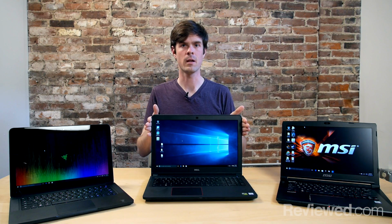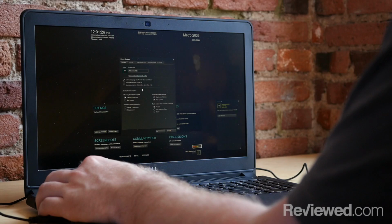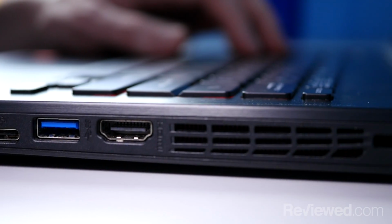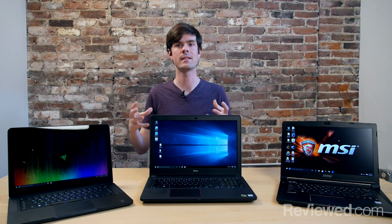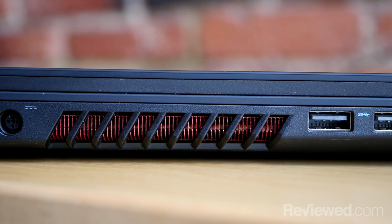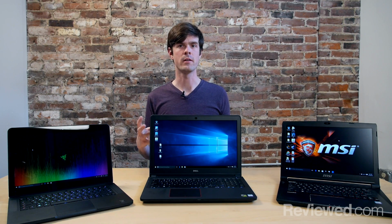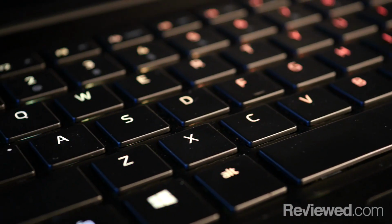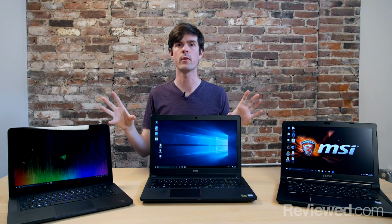A lot of gaming laptops are more like this Dell. They're really chunky. Because gaming laptops often have higher power guts on the inside, they will require bigger, louder fans, larger batteries, but some gaming laptops, they'll try and make a design feature out of it. This Dell, for instance, has like touches of red where there are fans. You also get interesting options like the Razer Blade has this chroma keyboard. Each key has millions of colors that it can display, fully customizable,